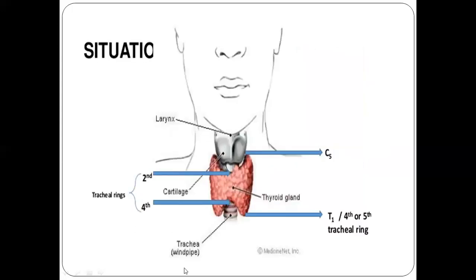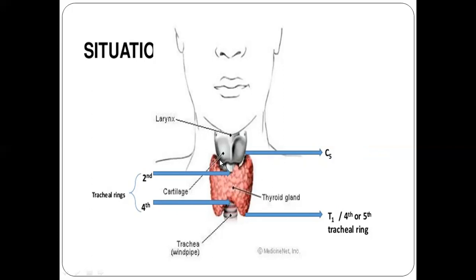So this is again a thyroid gland. This is the larynx. This is the trachea. It is over the trachea. So what are the medial relations of the thyroid gland? The pharynx, the larynx, the trachea, and behind that we have the esophagus. So these are the midline or medial relations of the thyroid gland: the pharynx, larynx, and the trachea, and the posterolateral relations are the common carotid artery and internal jugular vein. I will show you in a while.